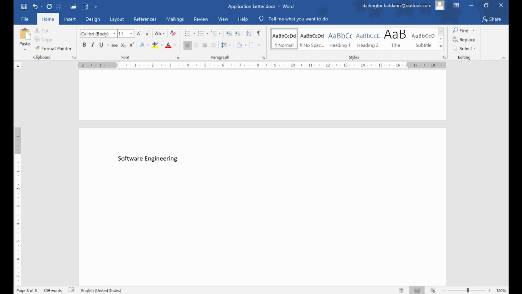and let me highlight it and give it a font size. Okay, let me make it a heading 1. We'll be talking about heading 1 soon. I make it heading 1,